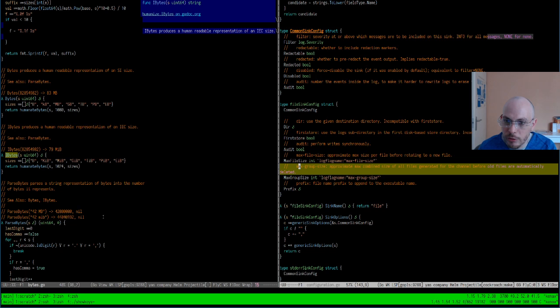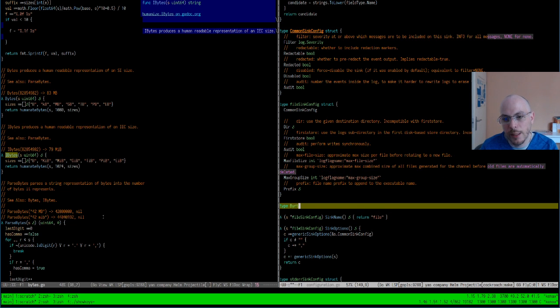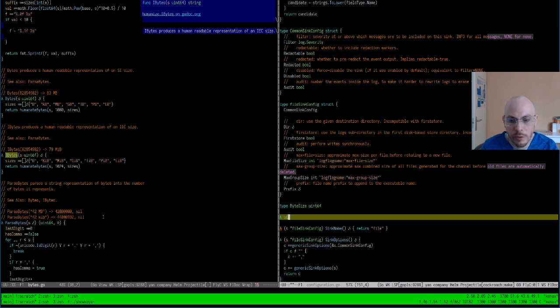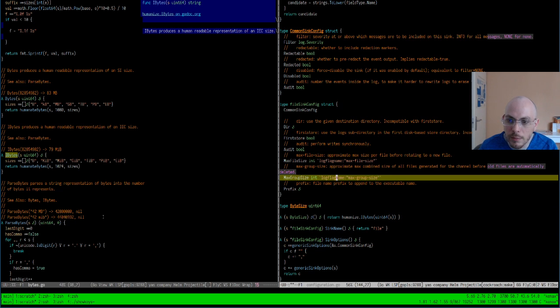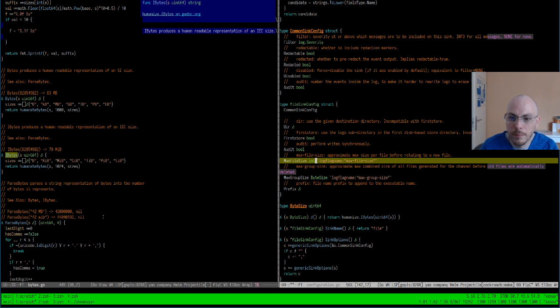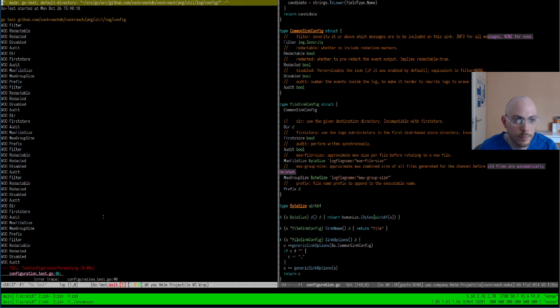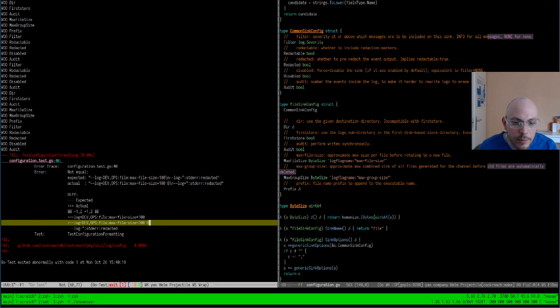So I want my file size to be a size. Type ByteSize uint64, thank you. And then I'm going to do a byte size here. And then try this. 100 bytes.